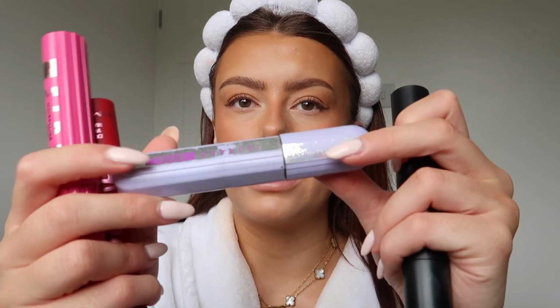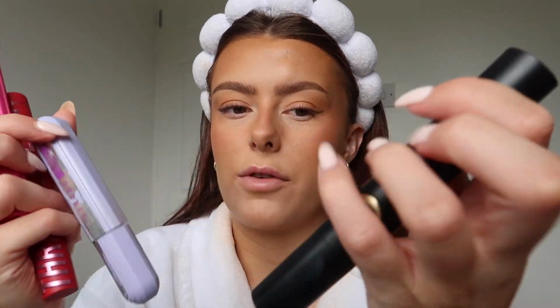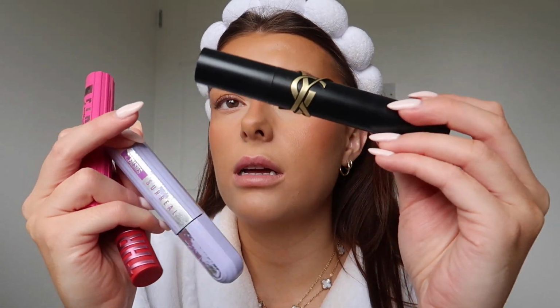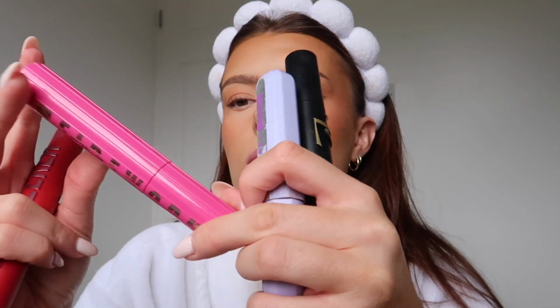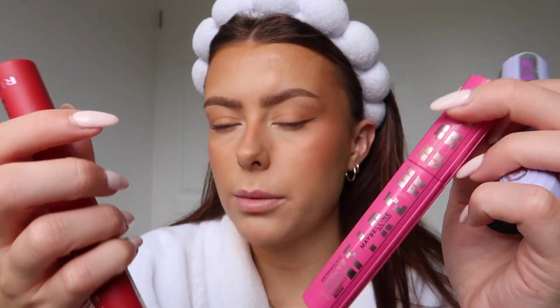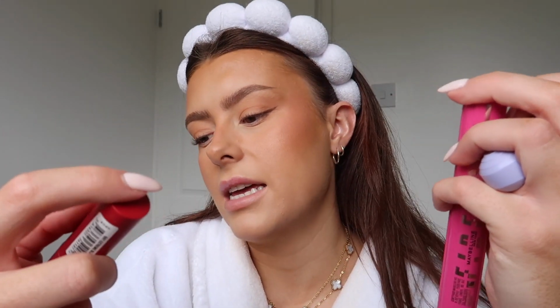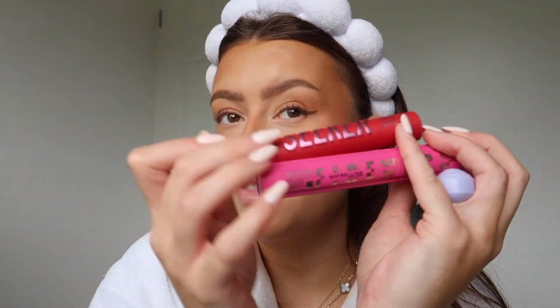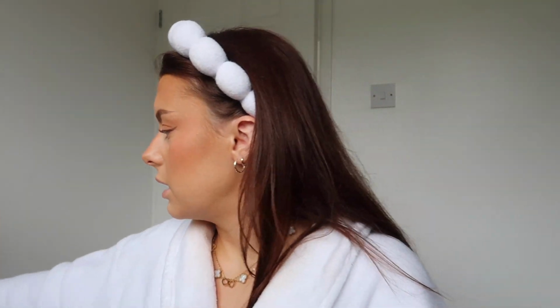Right, now for mascara, I've got quite a few. My old classic ones I've probably talked about on every social platform before. I mean, look at the state of this one. The Maybelline Falsies Surreal was one of my favourites. Then I was sent the YSL Lash Clash mascara. Still love these ones, but these are quite new to me. The Maybelline Firework one I'm really liking, and then I had this the other day from Rimmel London, the Thrill Seeker. I love the packaging of all of these, and these two have been really lovely as well. So I think I'm going to use one of these two because they're quite new to me. So maybe we'll use this one,